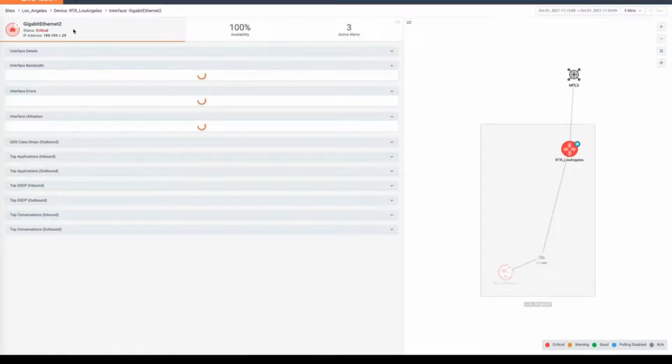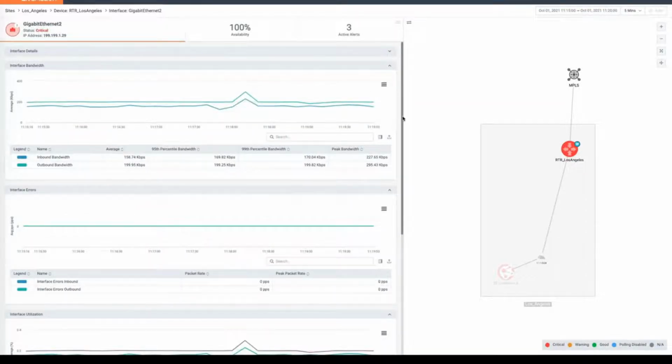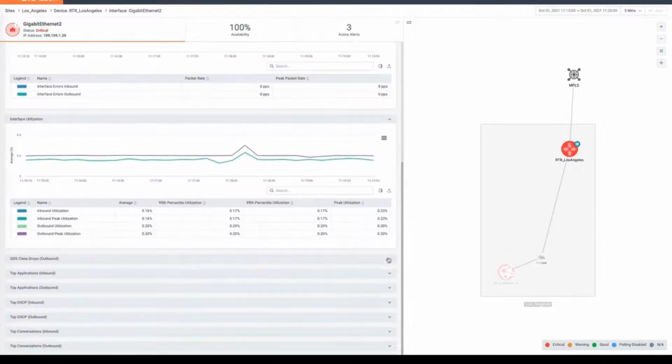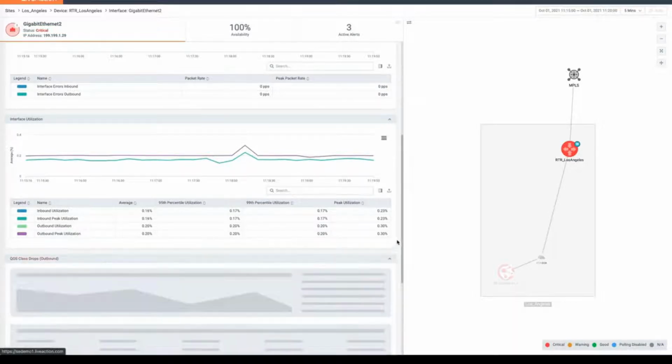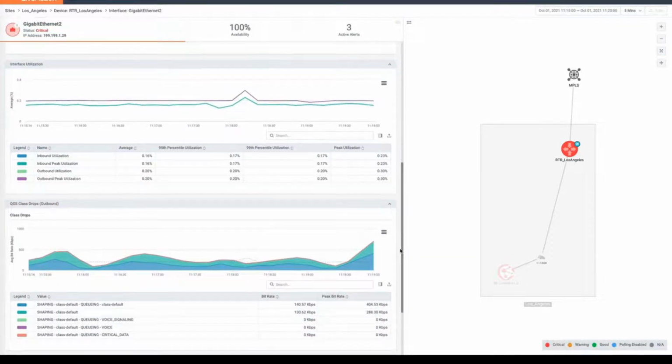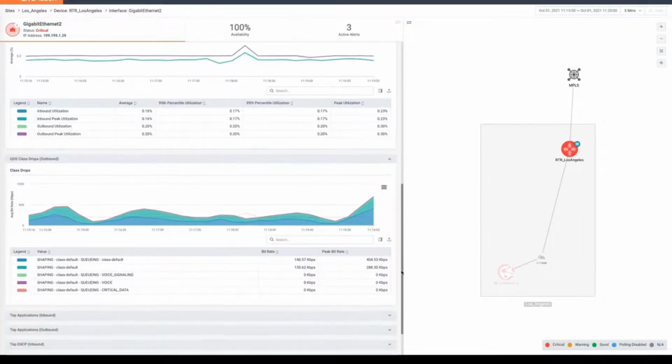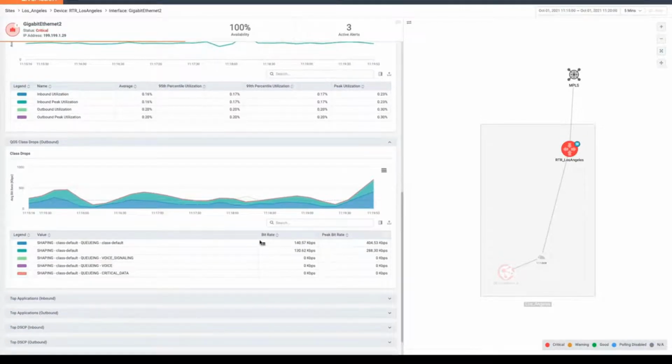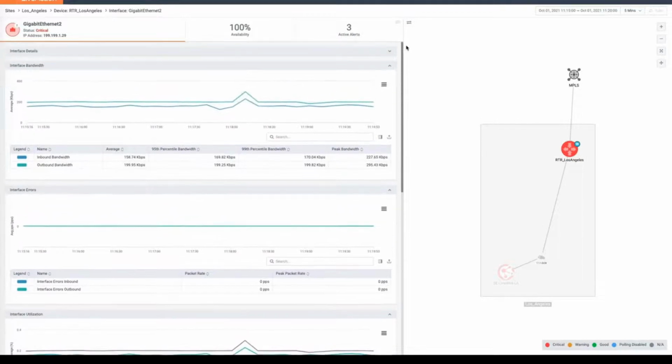So if I just go back and look at one of my reports here, I've got QoS class drops. I can see the actual QoS class drops on the interface, and I can see that for the different classes. Okay, so if I go back to my entity page for the site Los Angeles,